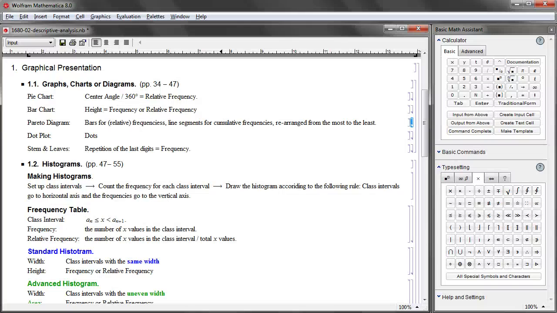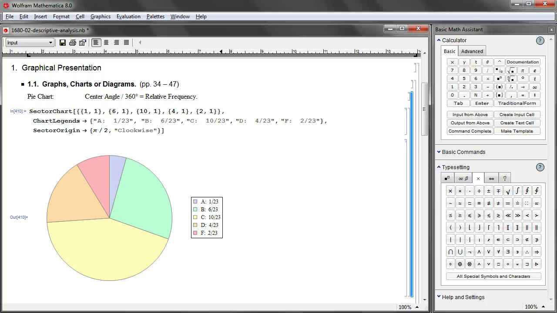Okay, let's go back to my notebook here, and let me show you the next one, dot plot. Let's go back to this hypothetical class. Excuse me, I take it back. This is not hypothetical, and this is actual grade curves I got from a certain exam I gave. If I remember correctly, it was a midterm exam of a certain class, which I will not reveal which semester. Of course, student information is confidential. In any case, this is an actual figure,